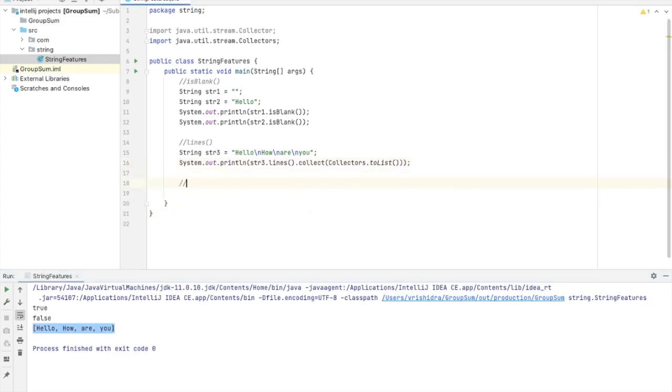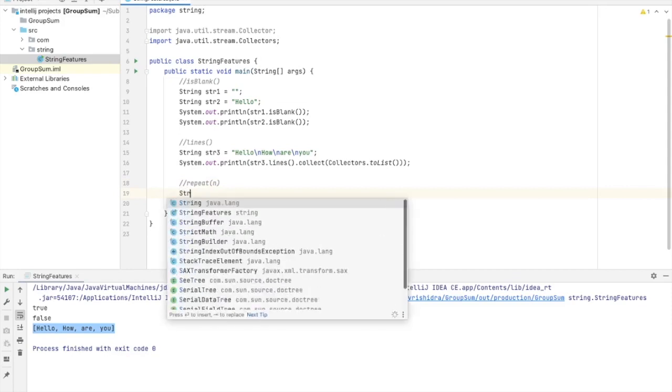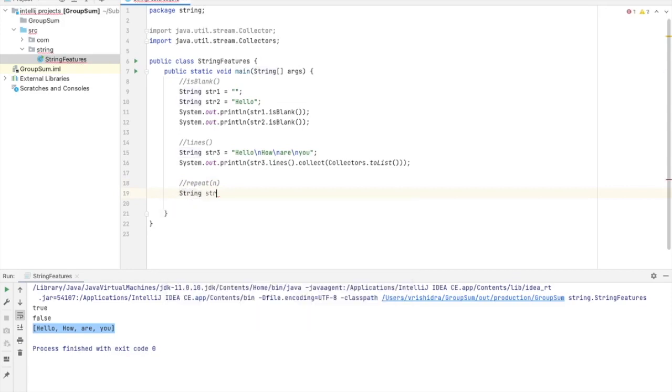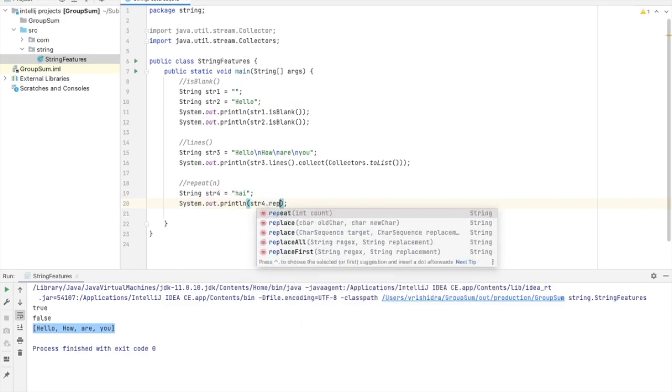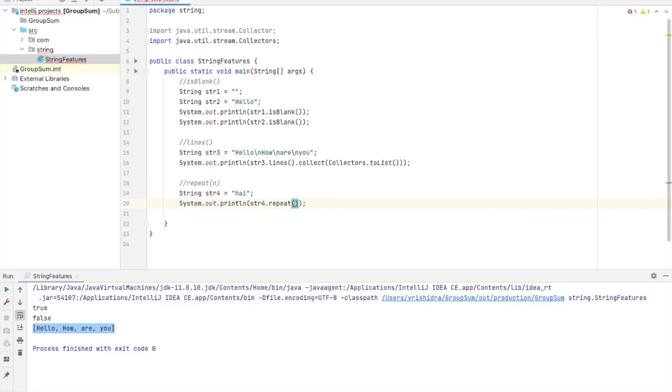Now we'll look into the repeat method, repeat(n), and we'll see this with an example. String str4 equal to hi, and printing str4.repeat(5).